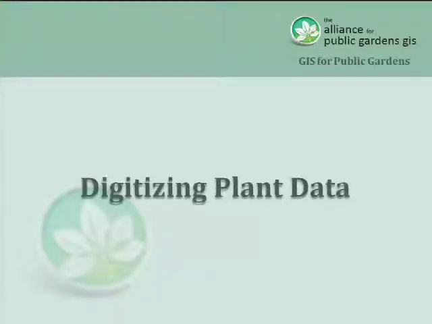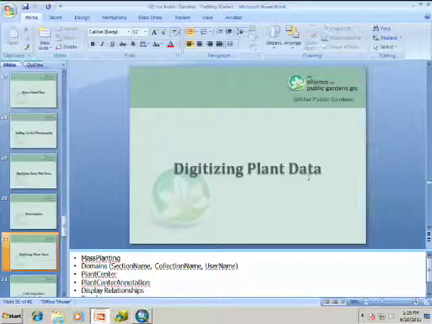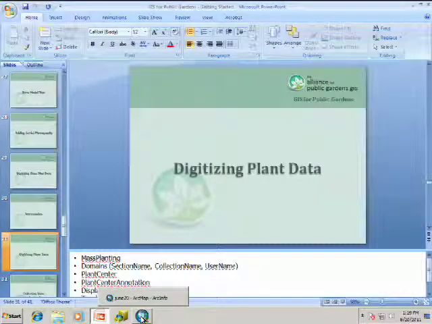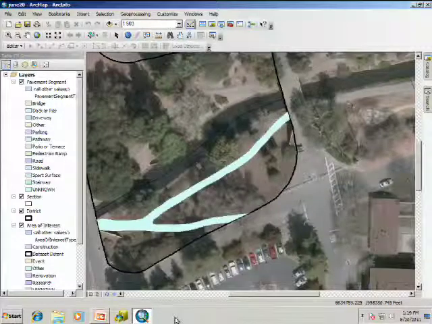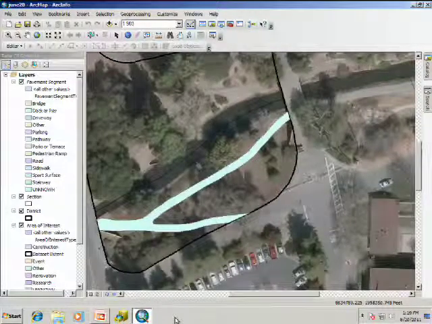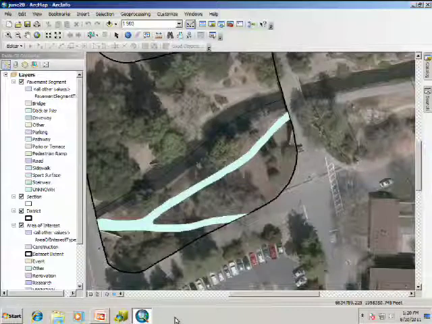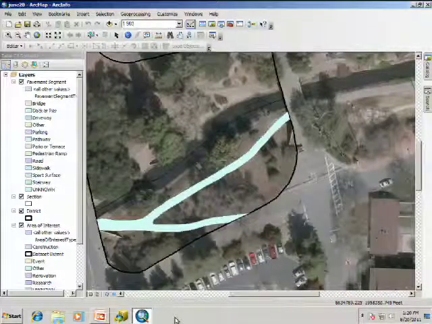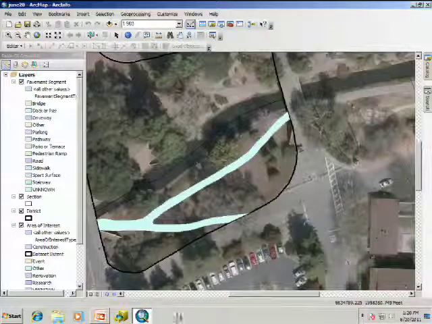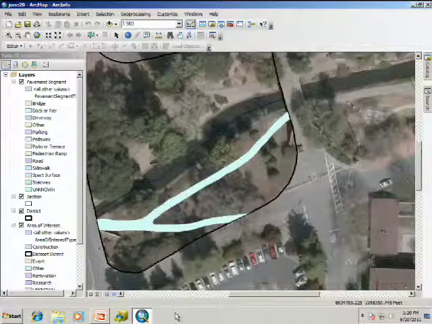Okay, so now we're going to pick up where we left off, and we're going to work on adding plant data to the GIS. So, I'm assuming that you guys left ArcMap open. If you didn't, go ahead and open it back up. And Angie, did you relink the layers to the people that you copied data for, or it should be okay, right? Okay. All right. So go ahead and open up ArcMap if it's not already open,